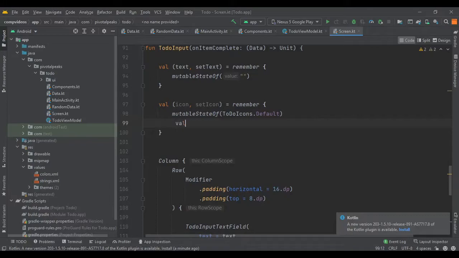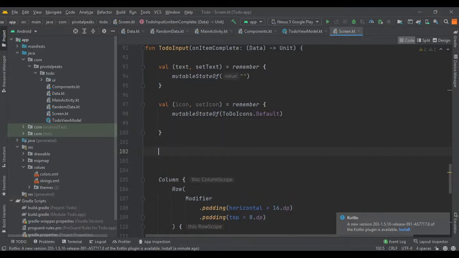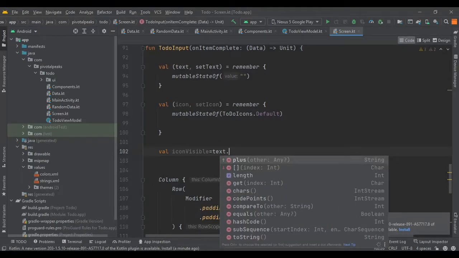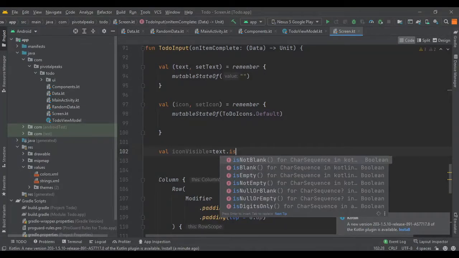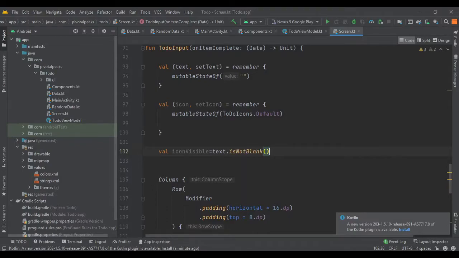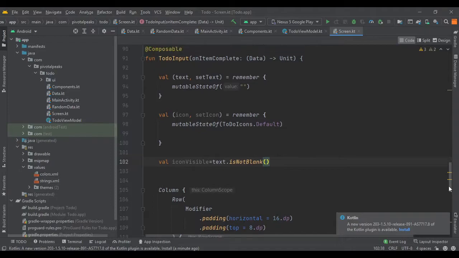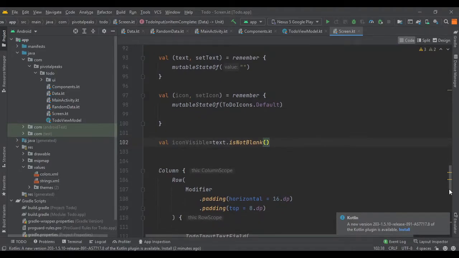So let's call, not here, value iconVisible, and we need to check it on the text, so isNotBlank. And yeah, so we have created these two values for our icons.